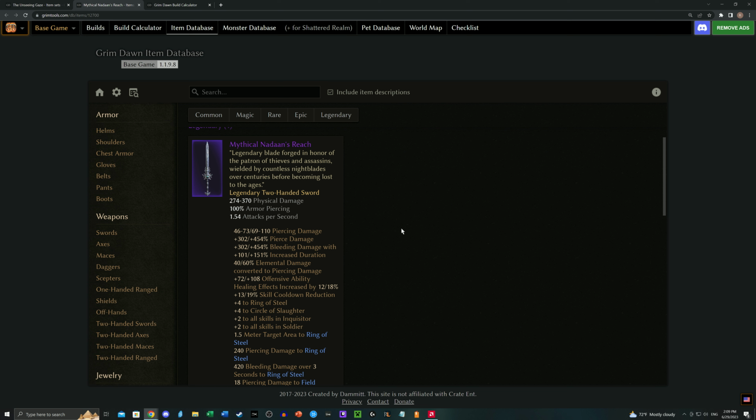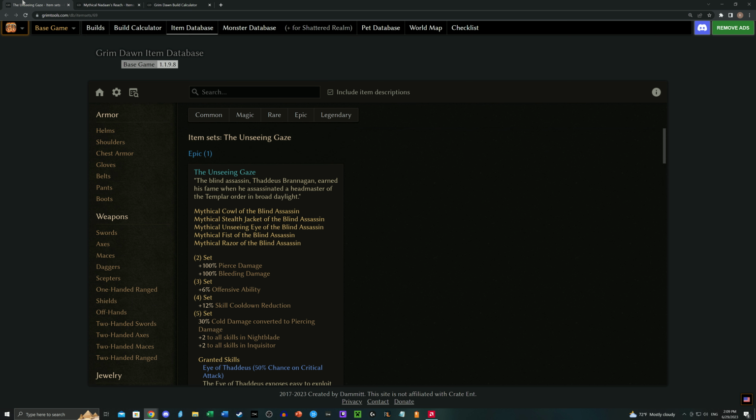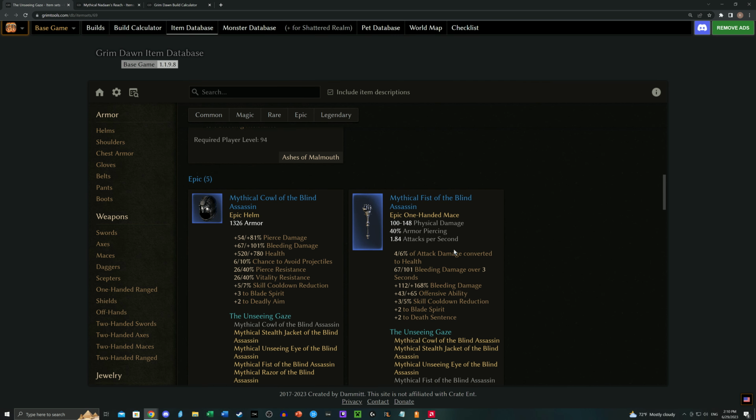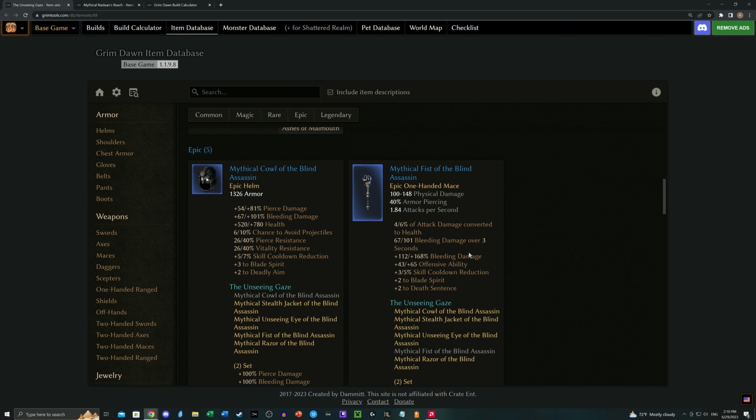The second thing I want to talk about is something I meant to talk about in the previous video, but I did not. Well, I'm going to be talking about here the Unseeing Gaze set, right? Because this is one of the two melee builds that I find very effective with a Pierce conversion build. Although this is my least favorite. I'll talk about that in a little while. But, back to the point...